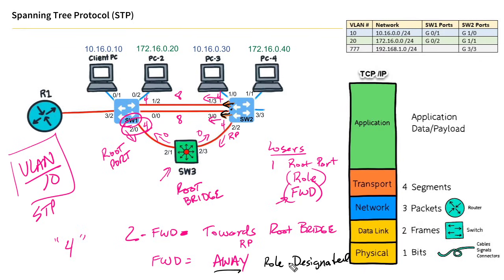And it's always forwarding, by the way. So if you have a designated port, it means two things. It means it's forwarding away from the root switch, and it's also forwarding. Two things in the same sentence, actually. All right, so